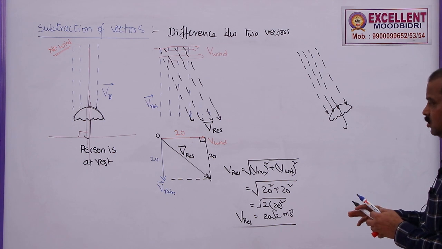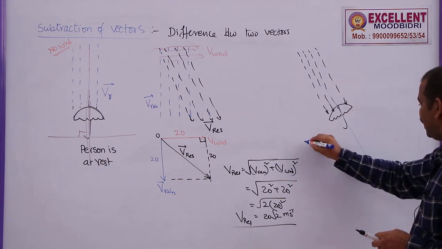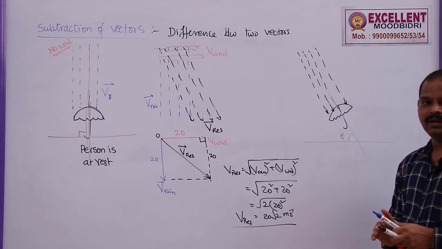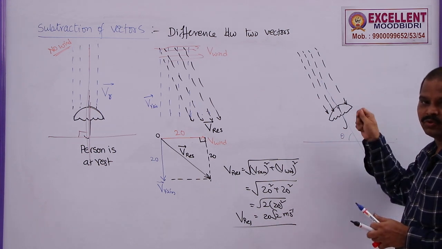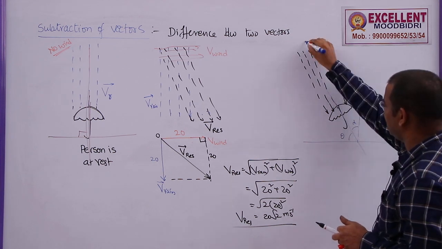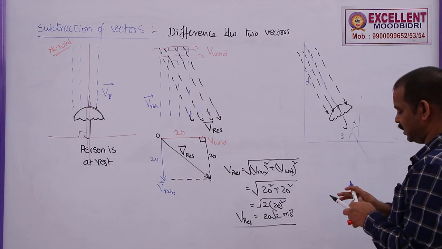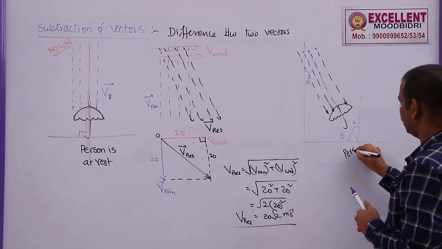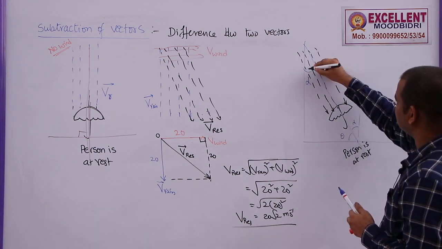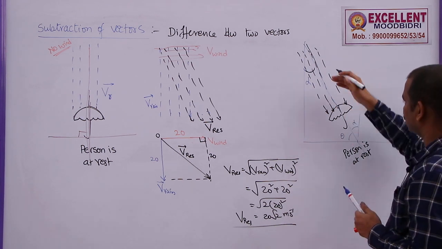But here in this case what is happening, if you take the stick of the umbrella and this is the earth, this is not 90, it is making some angle. So how to find this angle, at what angle he has to hold the umbrella? If it is theta, and let me take this as alpha and this is also alpha. The person is at rest, the person is not moving. Now, what is the alpha? That means the angle at which the umbrella has to be tilted to protect from rain.